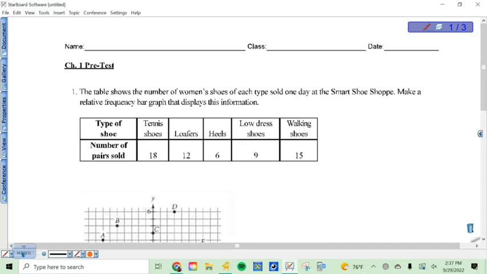There is a table that shows the number of women's shoes that were sold one day at this smart shoe shop. What does it tell us to do with that table? Make a what? Yes, relative frequency bar graph. I think almost everybody just gave me a regular bar graph, which were beautiful bar graphs, but they are not